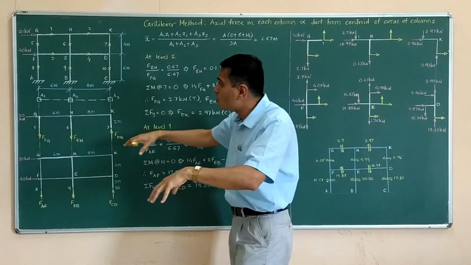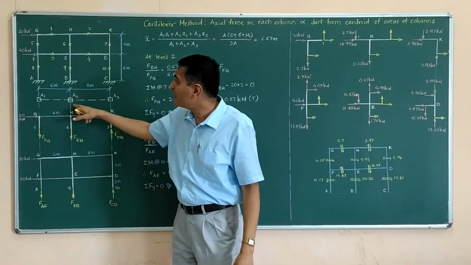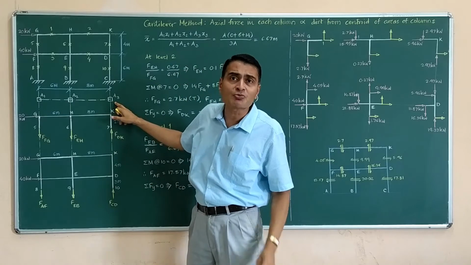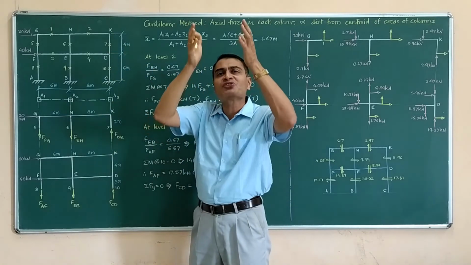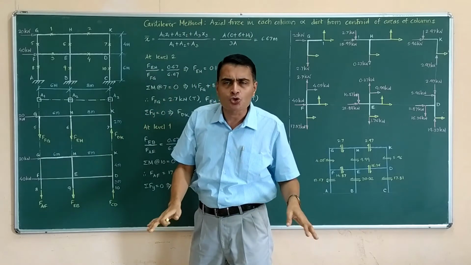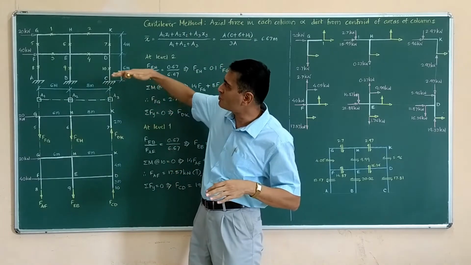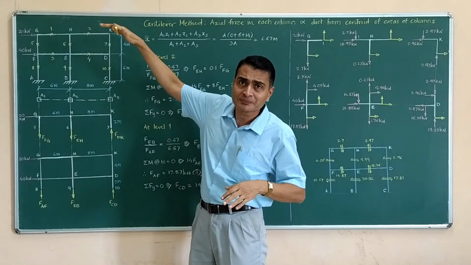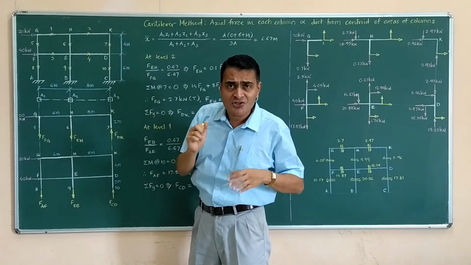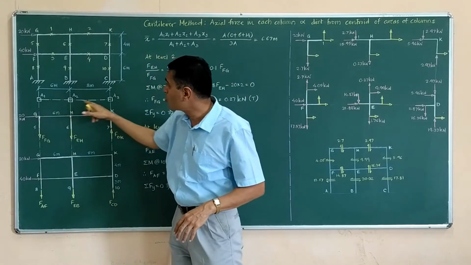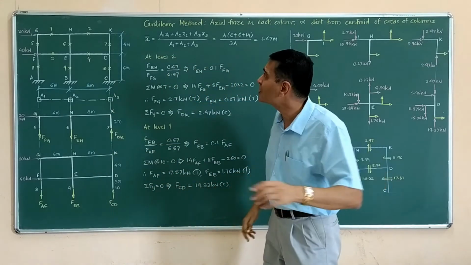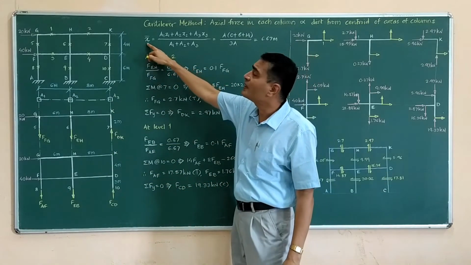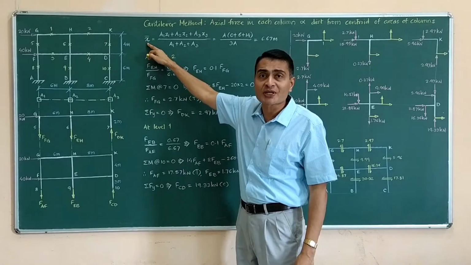So in the top view, let us say that A1, A2 and A3 are the areas. We are assuming that both the storeys have the same cross-sectional area. So we don't have separate calculations for this storey and that storey. Number 1. Secondly, if A1, A2, A3 are the areas of those three columns, then how do I find X bar, that is the position of the centroid?